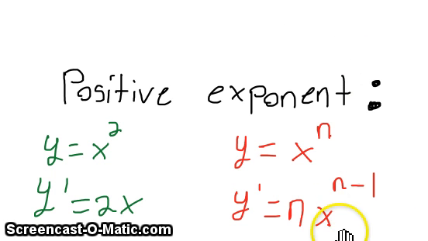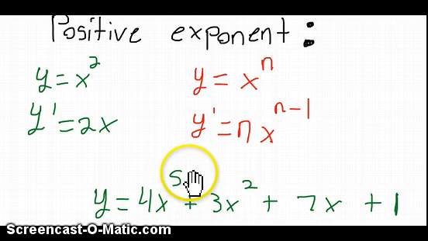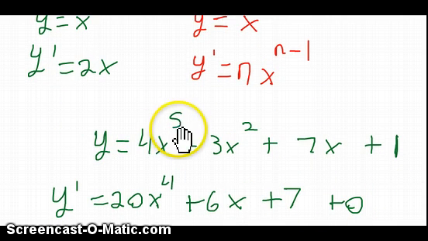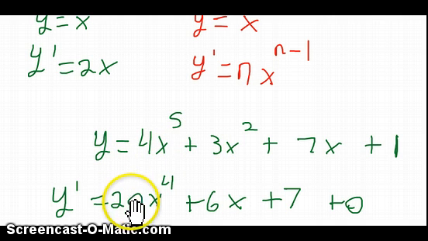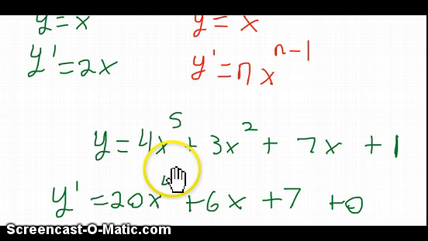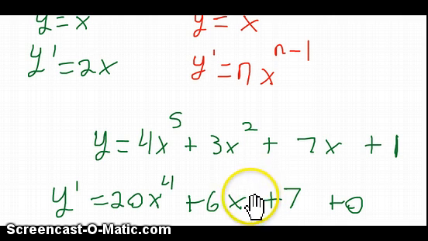So that one was pretty basic, but now we can try a more in-depth one. If we had the equation y equals 4x to the 5 plus 3x squared plus 7x plus 1, we could then apply this rule again to all of the separate parts of the question. For the first part, we would take 5 down, and 4 times 5 is 20, which would be your n value, and 5 minus 1 is 4. So you get 20x to the 4 plus, then for the second one you take 2 down, 6x, and 2 minus 1 is 1, so it's 6x to the 1,